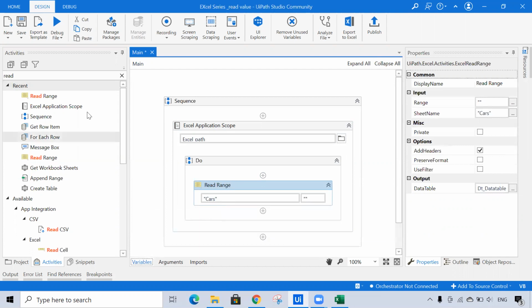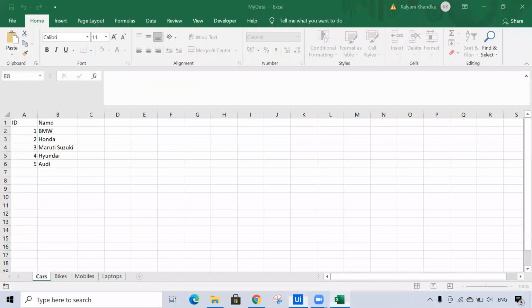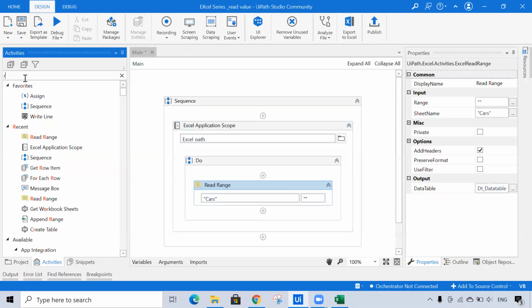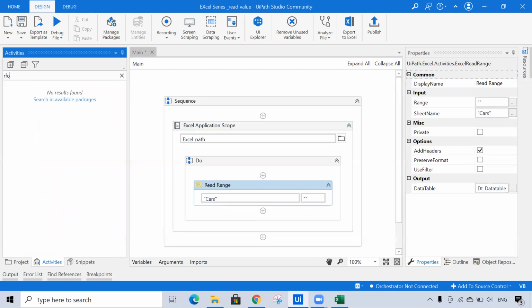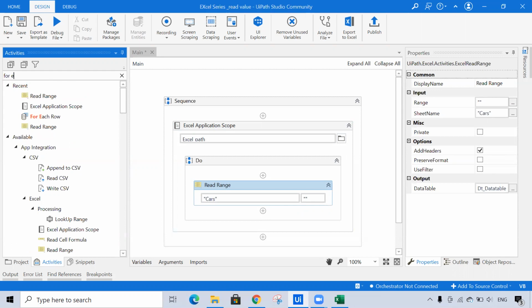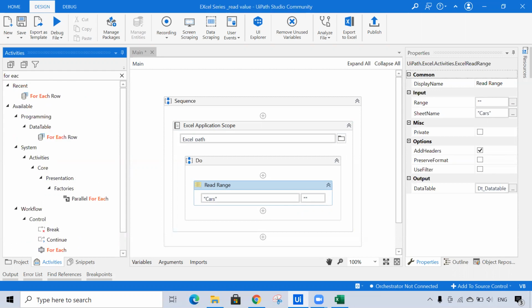Now after this, I just want the values one by one. So here I'll use the for each activity. Make sure you are using the perfect activity, because here for each is also available and for each row is also available.